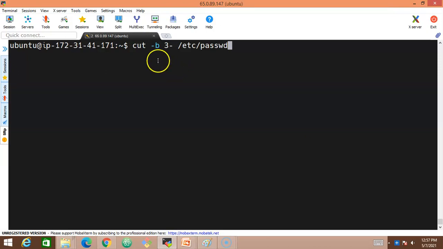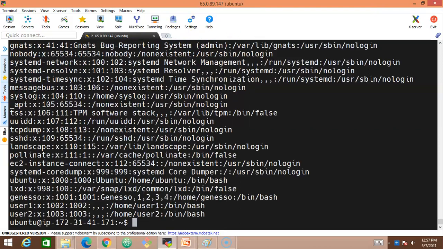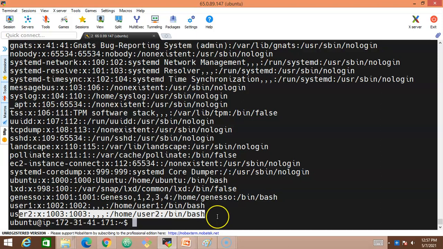Now I have typed this command. If I don't want to execute this command, simply press Ctrl C to break it and come out to your next line. See, I'm not executing this command now. Let me make you understand what this command is going to do by opening this file. It is going to cut from the third character, which means it starts from E, till the last byte of the line. It is going to cut it and display it on the standard output, which is nothing but our terminal.